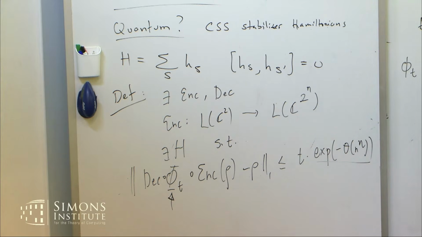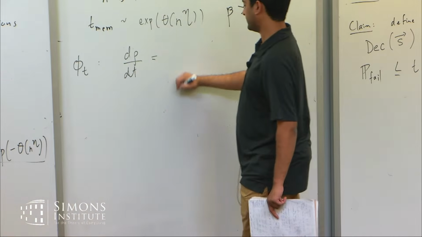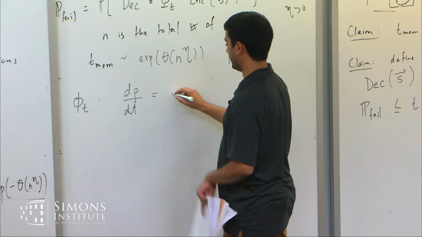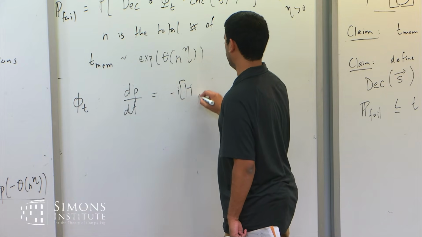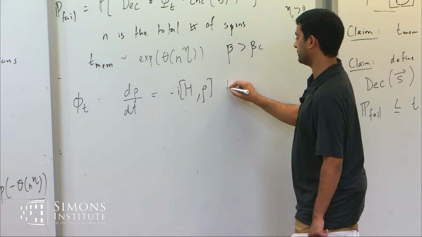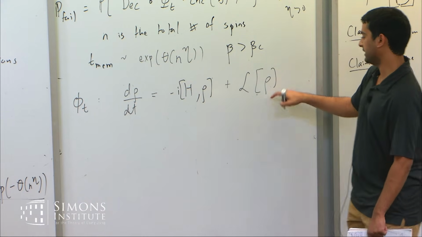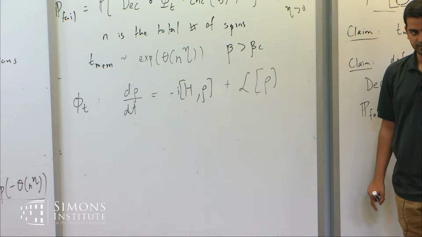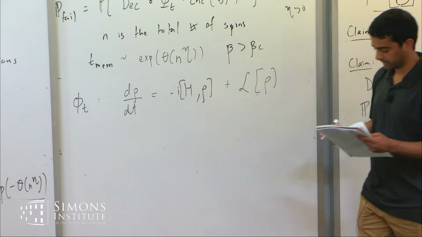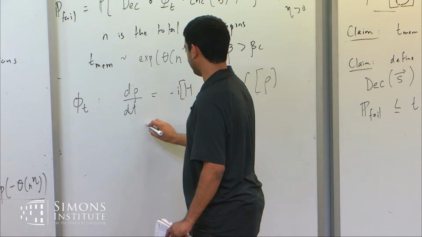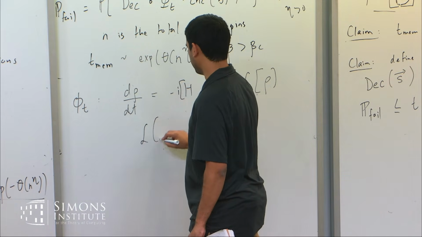And this open system dynamics evolves in the following way. So if I have a density matrix, it's going to be some standard Hamiltonian evolution plus some term which corresponds to the interaction with the environment. And the interaction with the environment is often called the Lindbladian, and it takes the form